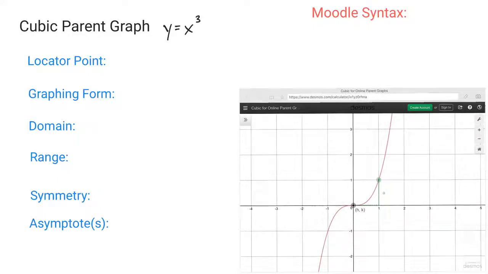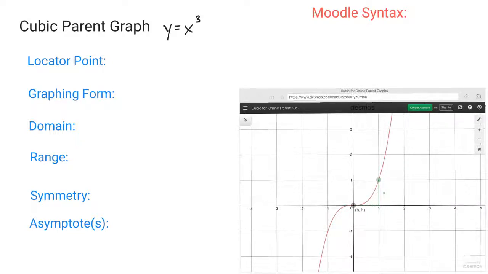This video will focus on the cubic parent graph whose equation is y equals x cubed. As you take a look at the graph, it is very unique from the others in that it's almost an S-shaped type curve where it curves down and then curves back up. Now that point where that change occurs, where it's curving down here and then it changes to curving back up,